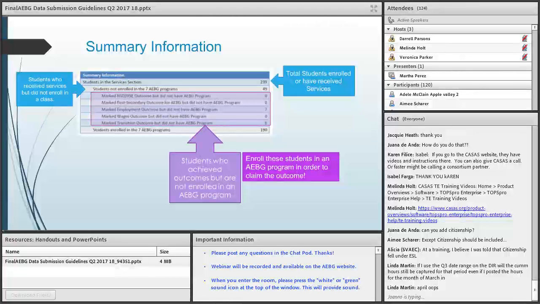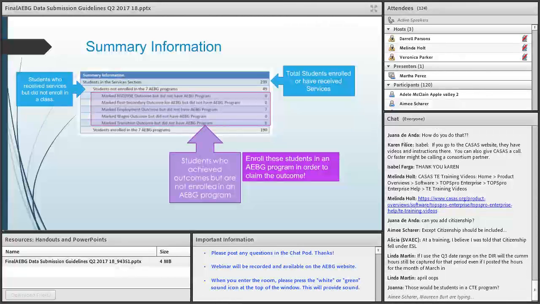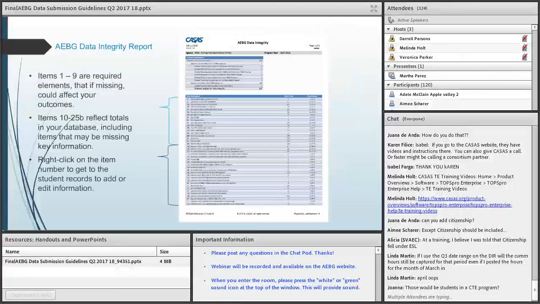That should be on the total amount. And then students who achieved outcomes but are not enrolled in any of the AEBG programs will be listed under that other purple marked area. Now these students should be enrolled in an AEBG program in order to be able to claim outcome. All right.